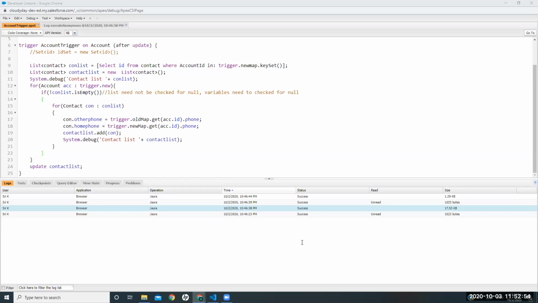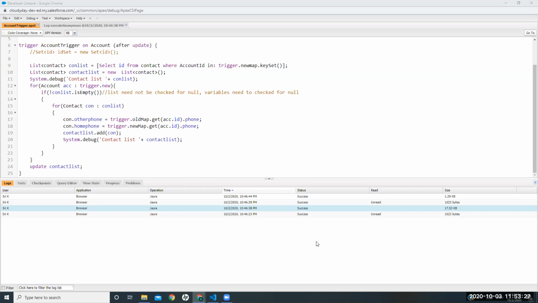This is how we are iterating. And one more question. Here for the list, we don't have to allocate the memory with new list of contacts. That is not required here. We can do it this way, or we can declare it as on line 10. There's a difference. On line number 9, we are declaring and initializing its value, and on line number 10, we are just declaring it. I think the error previously was because I did not use colon. Yes, the error was coming. Okay, got it, thank you.